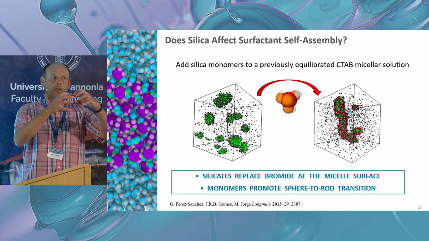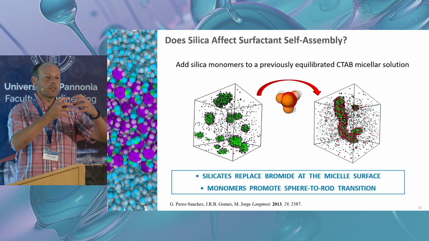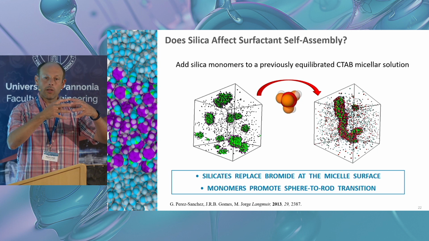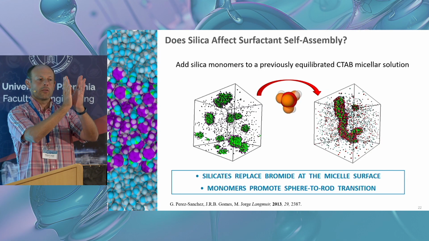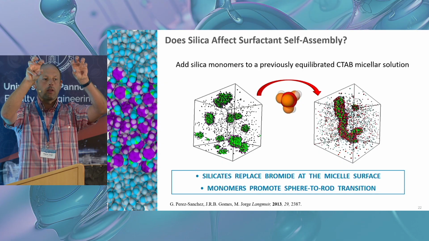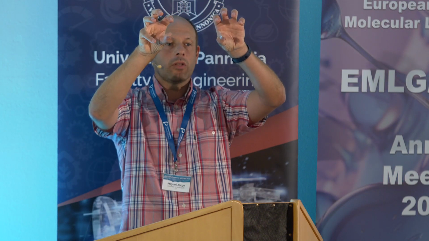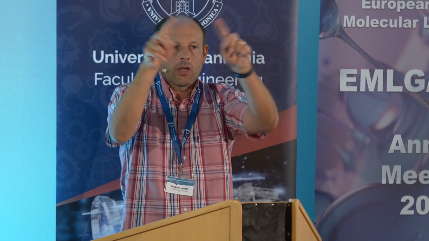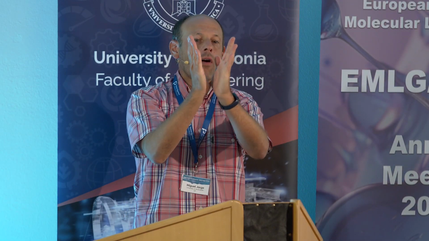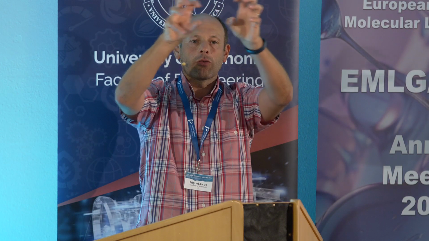So the head groups repel less, which means that you can decrease the curvature, right? Let me think of it a different way. You have a surfactant and a neighboring surfactant, and a repulsive positive interaction at the surface. That means that within that micellar aggregate, the surfactant heads will try to be as far apart as possible, but not further apart, because they're constrained by the volume of the hydrophobic region, okay? So that balance between the hydrophobic volume and the hydrophilic area per head group dictates the curvature of